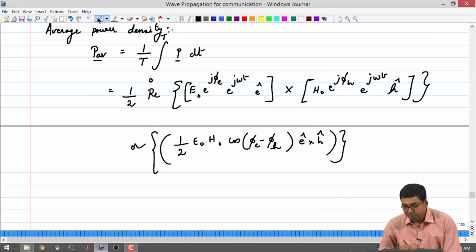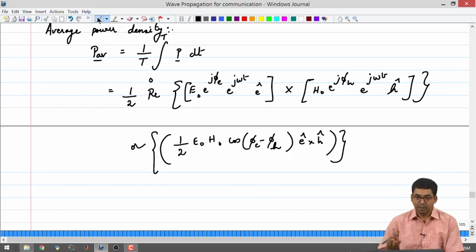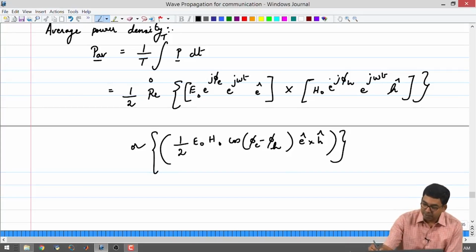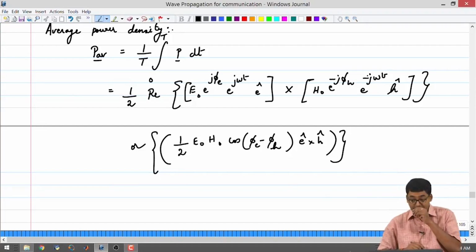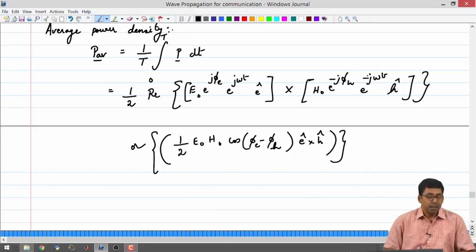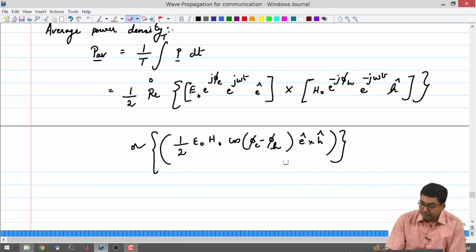So, the only way to get phi e minus phi h is to tweak the phase of your magnetic field in the expression. So, the correct way to write this down is by actually saying it is e to the minus j phi h and minus j omega t, h hat. Otherwise, you will not end up with this expression. Remember that we are trying to write this expression using the exponentials, and when we are doing that, we have to take into account the phase accurately. So, the only way you will be able to get it is this,